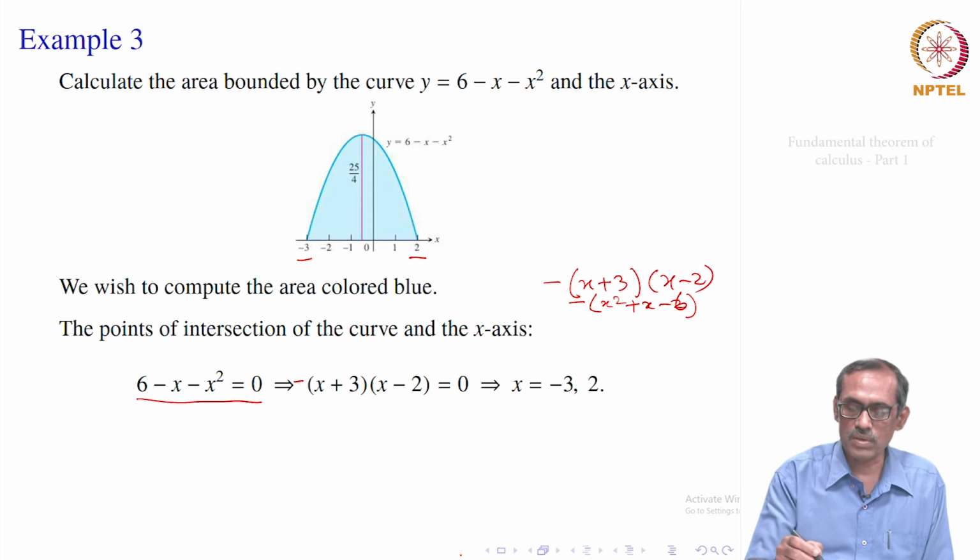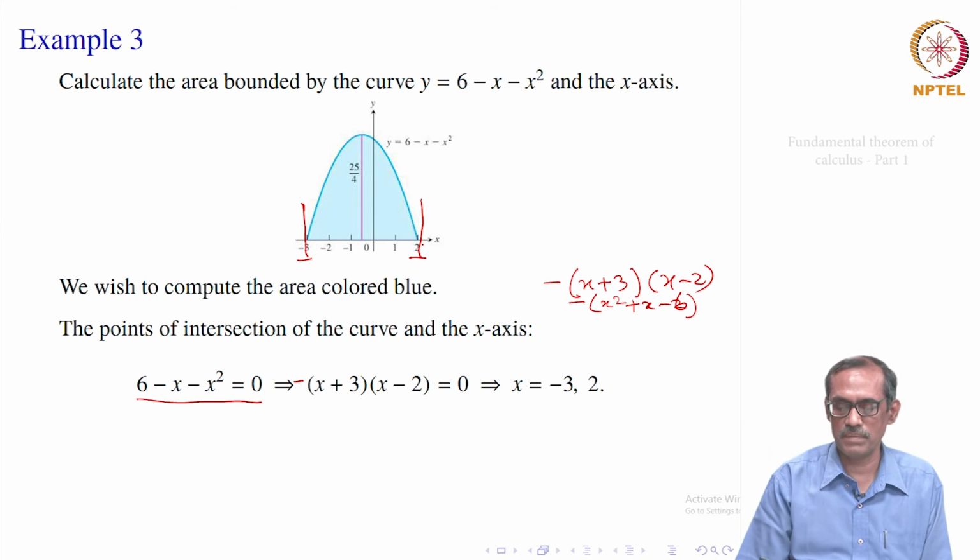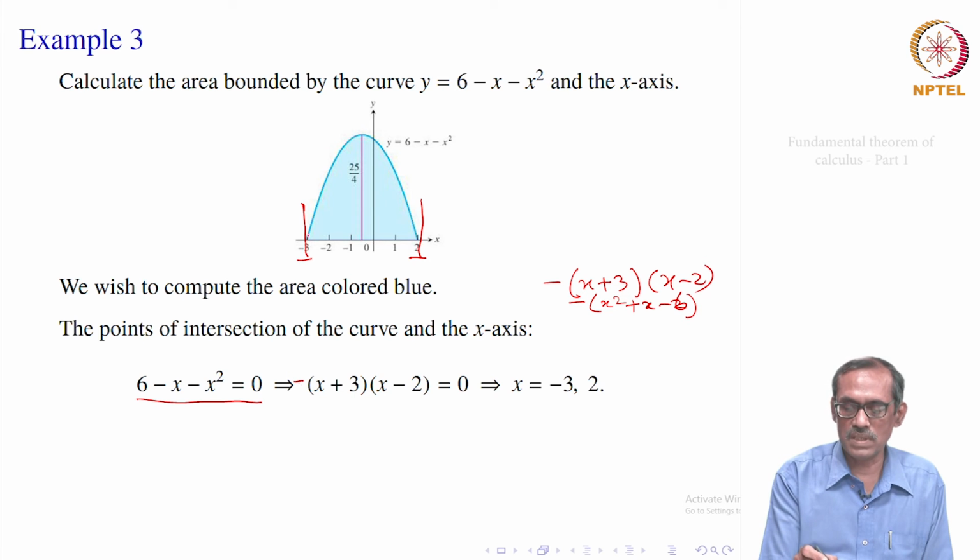So, we want to find out the area bounded by this curve and these 2 points. These are really our lines, x equal to a and x equal to b. If you go back to the general setup and you see this is the bounded area, the other one will go unbounded. It will go this way, the curve. So, that is the unbounded area, this is only the bounded area.